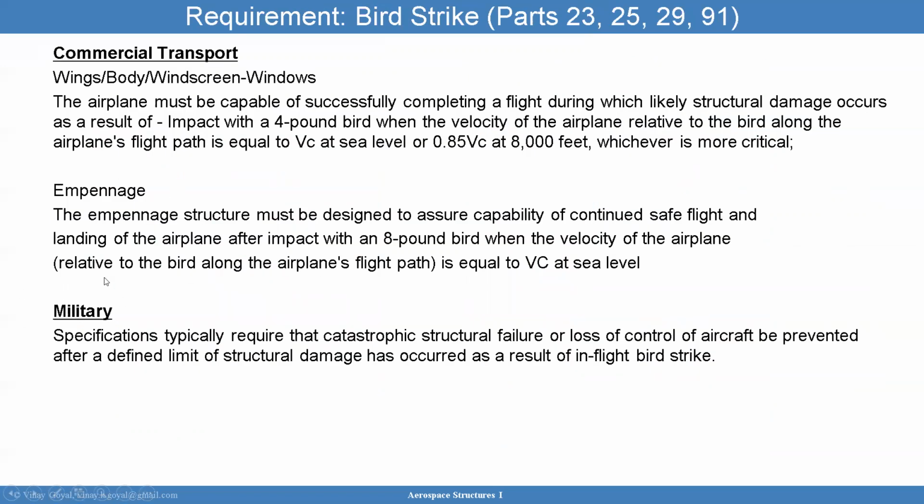Here we have a number specification for bird strike, and that's covered in parts 23, 25, 29, and 91. You're looking at wings, body, and windscreen windows. The airplane has to be capable of successfully completing a flight during which likely structural damage occurs as a result of impact with a 4-pound bird when the velocity of the airplane relative to the bird along the airplane flight path is equal to the cruising velocity at sea level, or 0.85 cruising velocity at 8,000 feet, whichever is more